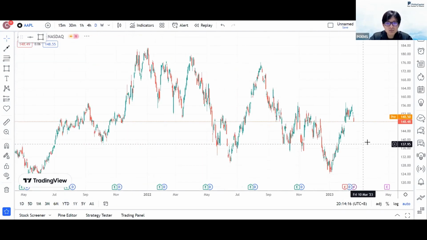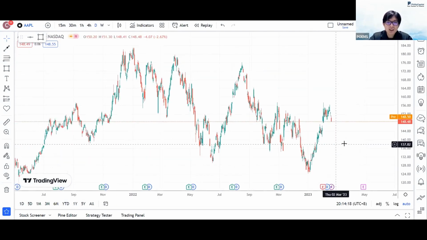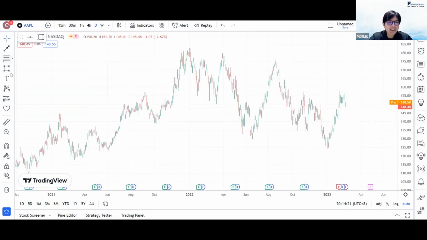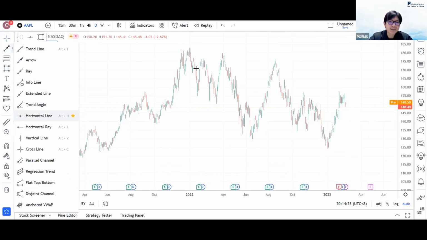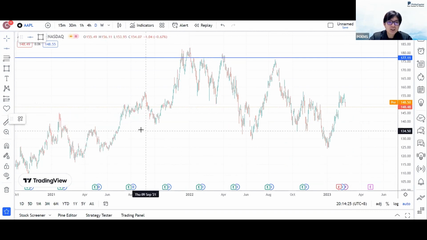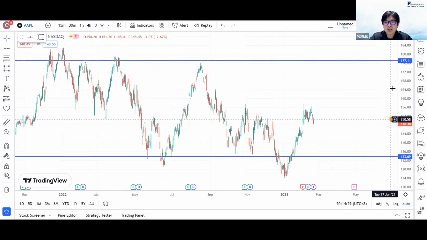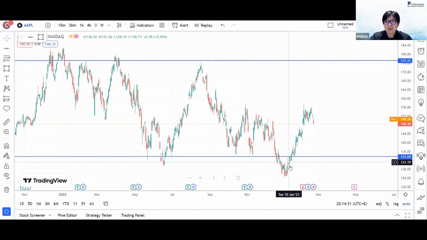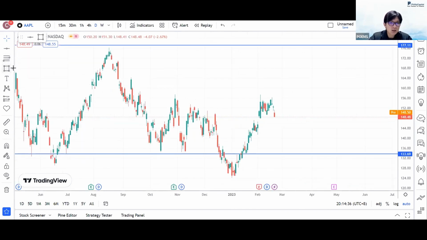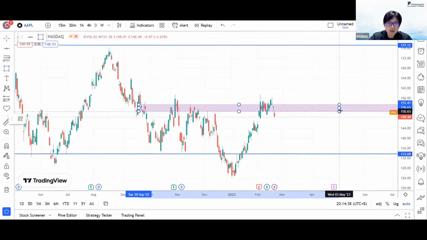Okay, Apple is basically range bound. If you are just looking at the long-term area, they are still stuck in the range bound area. They are still trading up and down from 133 towards 177, plus minus. If you are looking at a shorter term period, Apple is currently heading towards this minor resistance, minor